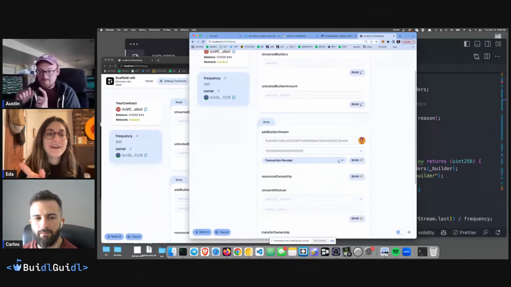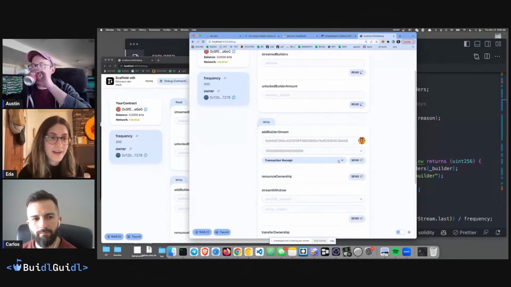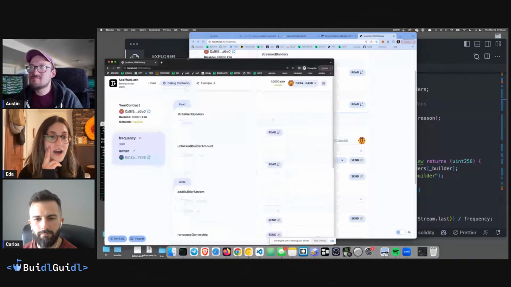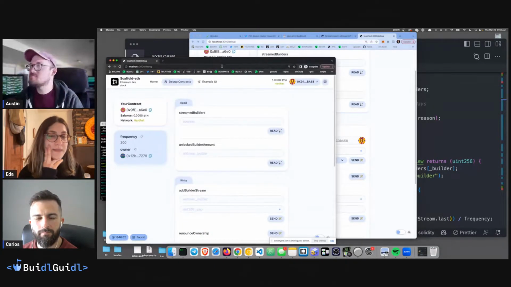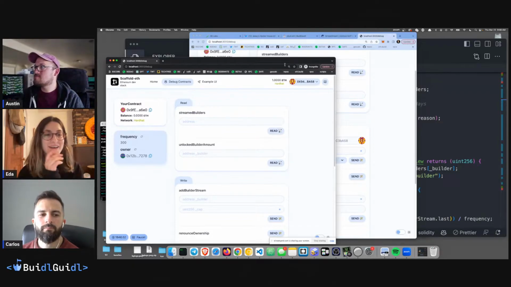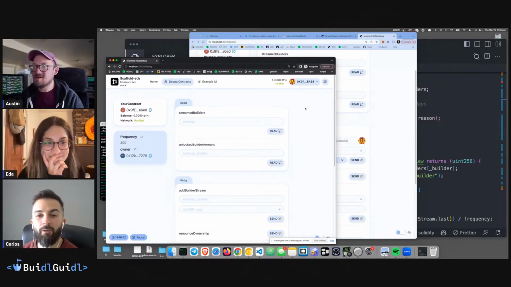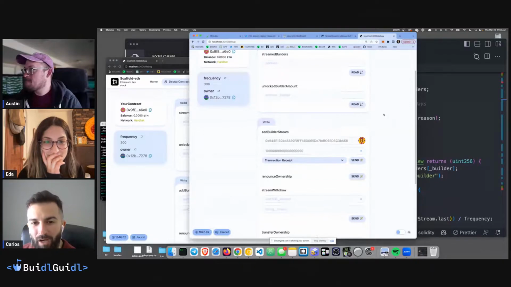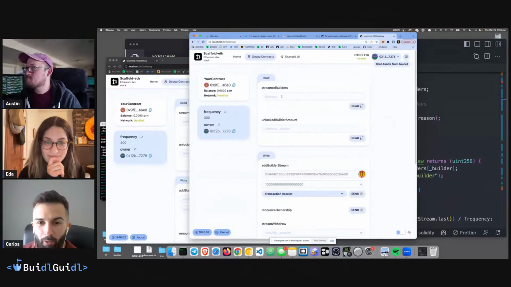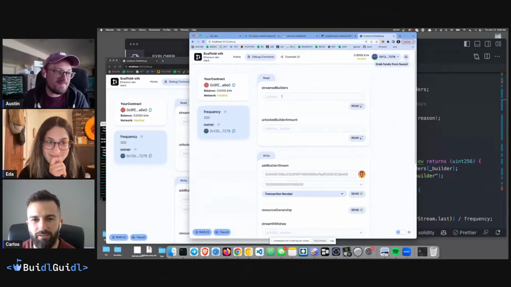Just wanted to clarify that those are burner wallets, so we're not connecting to MetaMask, in case it's someone's first Scaffold-Eth video. So you have built-in burner wallets. On an incognito window, it will generate you a new account. And this is all testnet money too. Yes, and awesome, we do have a burner wallet video on BG Labs, I think. So if you want to learn more about burner wallets, you can watch that video.